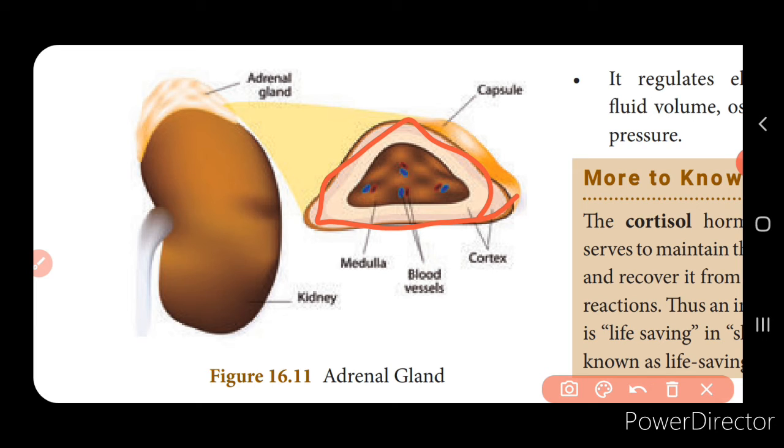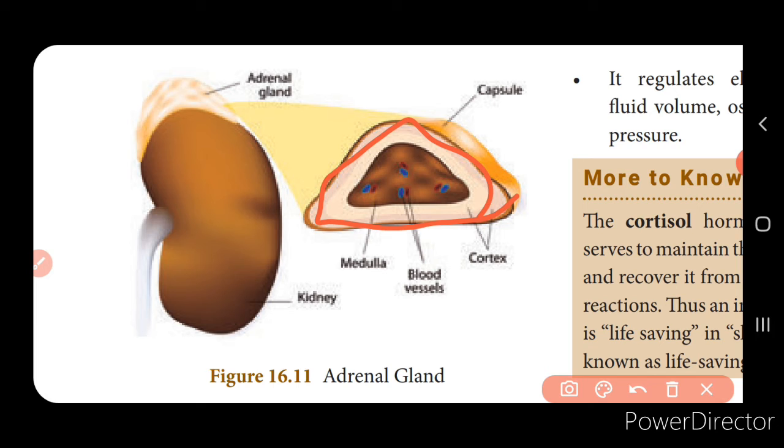And if you see the hormones that are secreted by the adrenal glands, these are classified into glucocorticoids and mineralocorticoids. So these are the classifications of the hormones. And we'll see the functions of these classifications one by one. The first one is the function of the adrenocortical hormones. And we said that it consists of 2 hormones, isn't it? That is